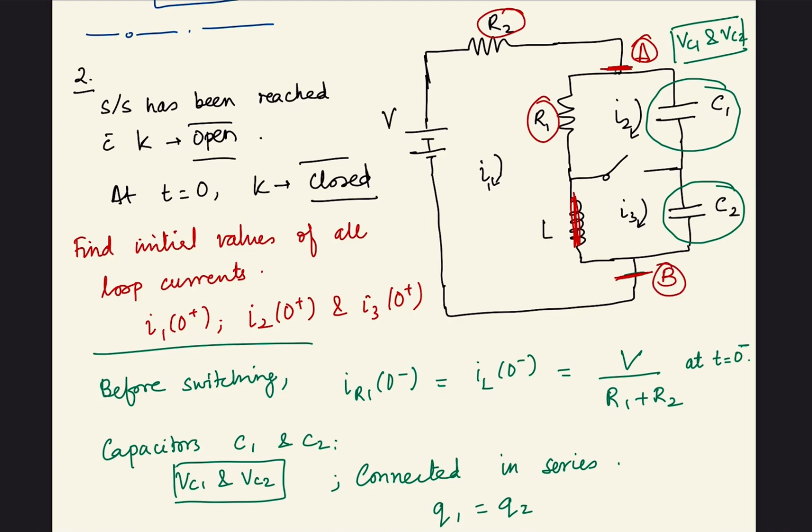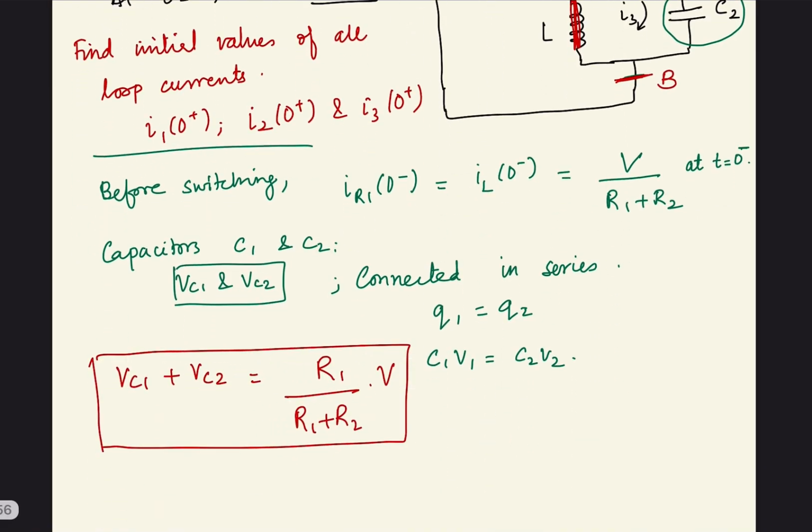It is going to be this resistor R1 divided by the sum of resistors R1 and R2, multiplied by the voltage V, that is the input voltage. So R1 and R2 behave as a voltage divider, and the sum of the two voltages VC1 and VC2 is going to be the voltage division, like this. Okay,